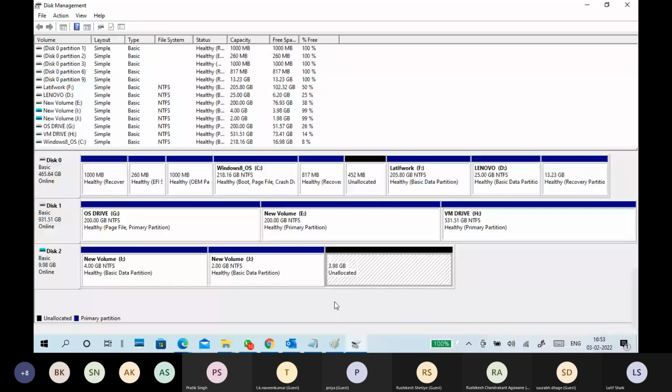Okay, and data is not there. Nothing, we can't get any data. Guys, I want to add this 4 GB to 2 GB. How to add it? How to add this 4 GB to 2 GB? How to add this thing? 2 GB to 4 GB.